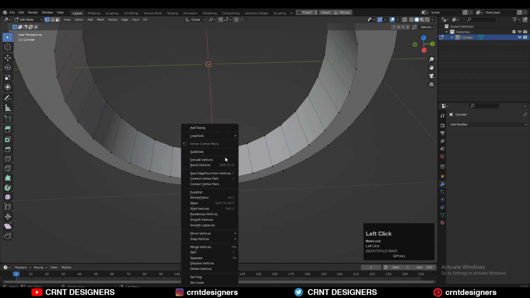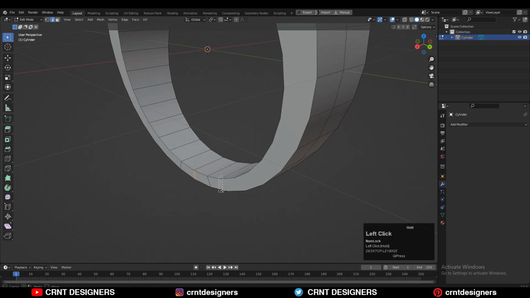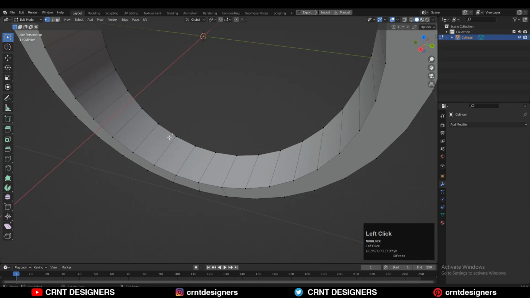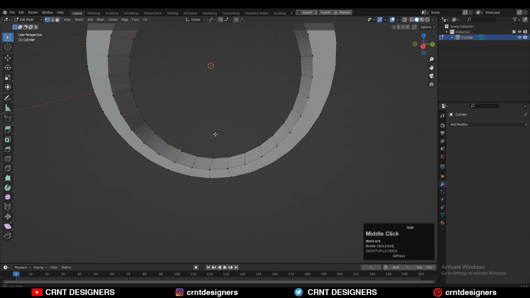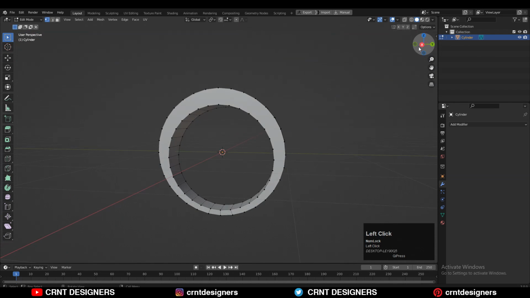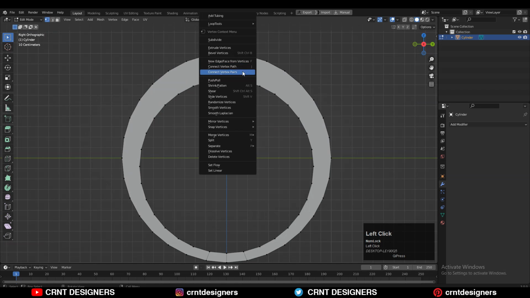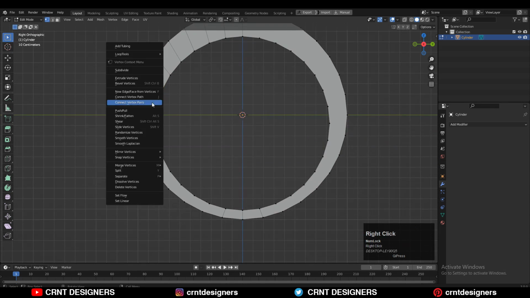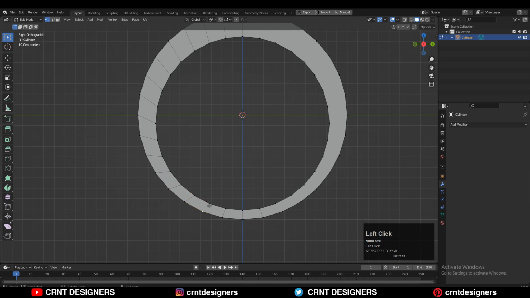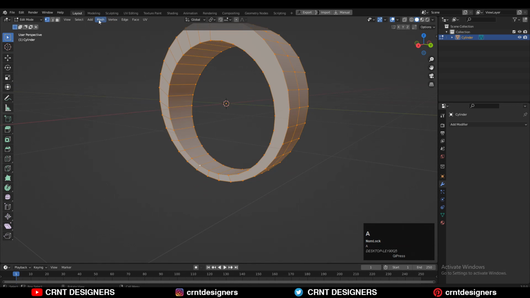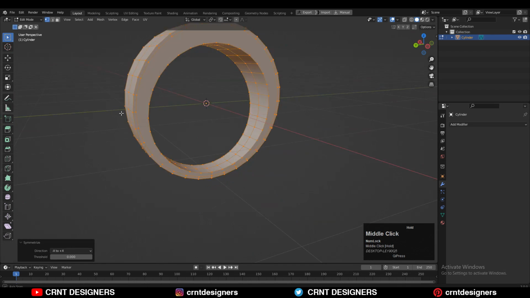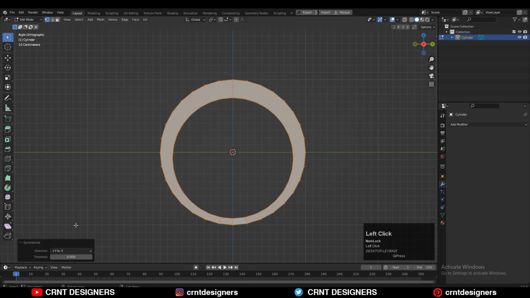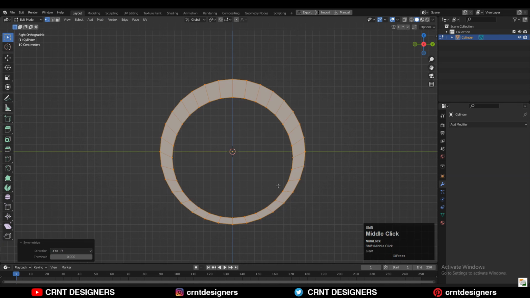So that's why just dissolve that edge loop and then you can select these vertices, right click, and use connect vertex path, and just try to create the right topology on the model. So just select these vertices and then create a path in between the vertices. Like this, you need to create the path and then you can take the symmetry along the x and y axis. So just take the proper symmetry. So that's why you can use Mesh and then Symmetrize.